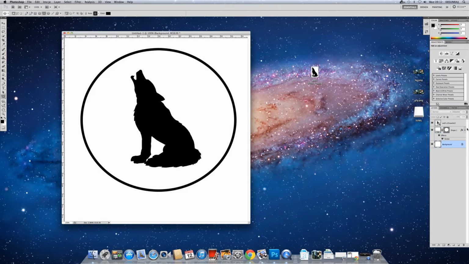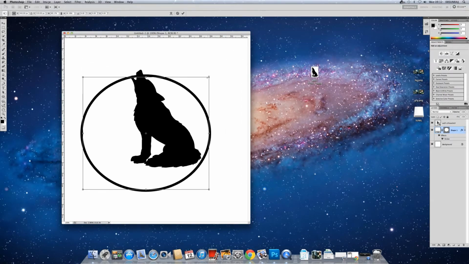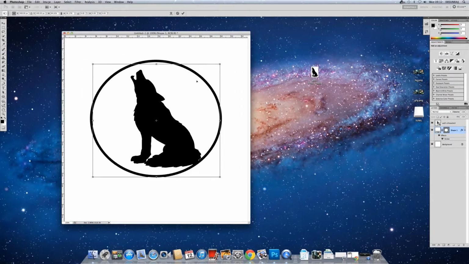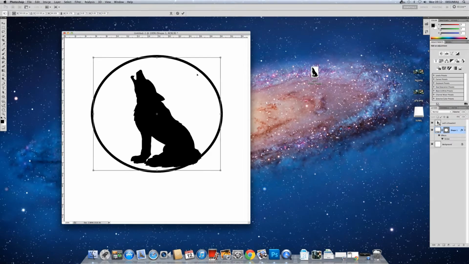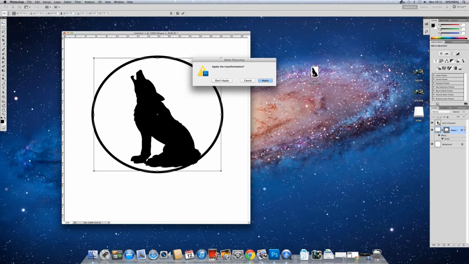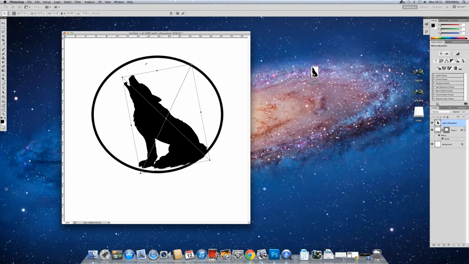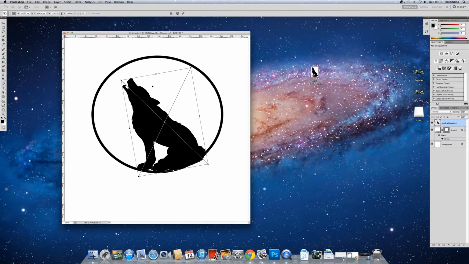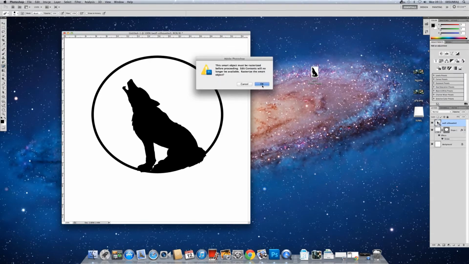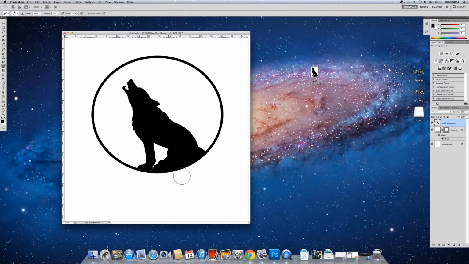We then right-clicked on blending options and then stroke, which makes an outline, making the lines a lot bigger. I then reshaped the circle so that it fits precisely onto the logo, and once I was happy with that, I rubbed out the part of the wolf that was outside the circle. As you can see here, I'm rubbing out the wolf.